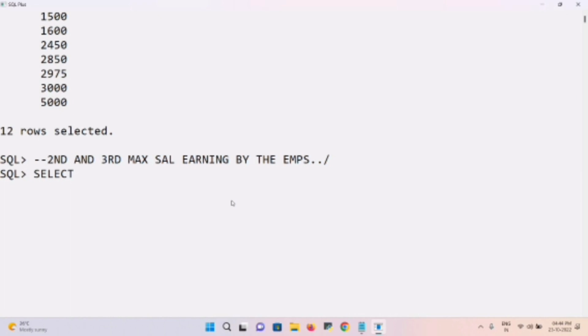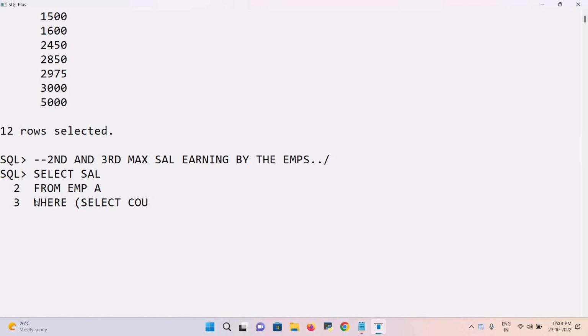In the correlated subquery, select, let me write salary from emp a where, and inside the parenthesis, let me write this, select